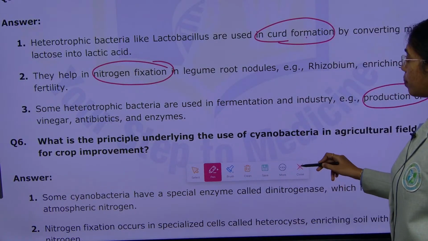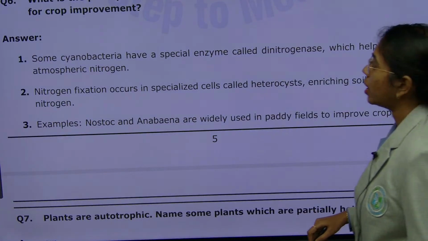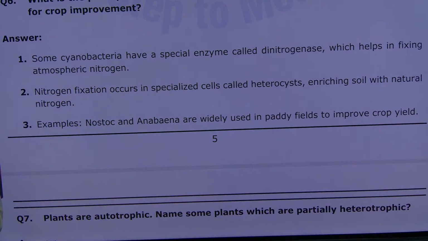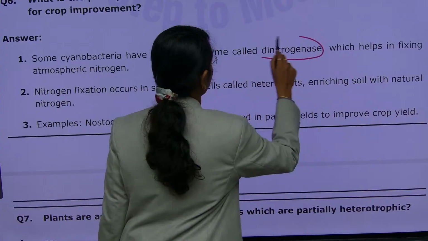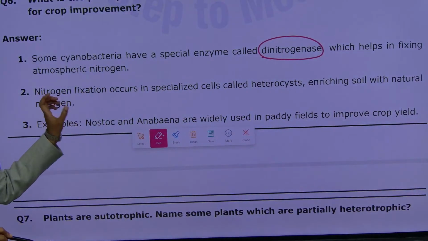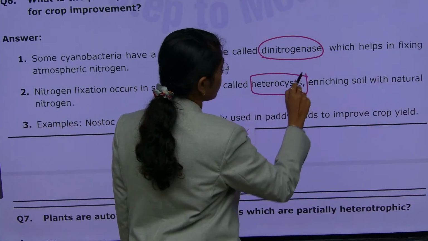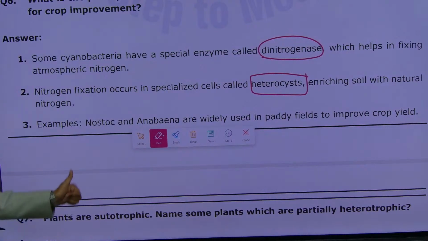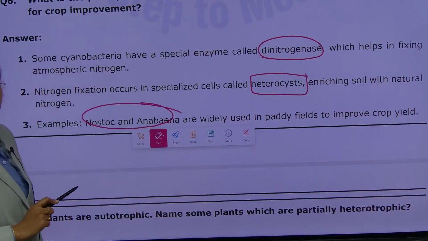What is the principle underlying the use of cyanobacteria in agriculture and crop improvement? Some cyanobacteria have a special enzyme. Here you have to highlight the enzymes. They have dinitrogenase, which helps in fixing atmospheric nitrogen. Nitrogen fixation occurs in specialized cells. Those cells are known as heterocysts, which enrich the soil. Examples include Nostoc and Anabaena. They are widely used in paddy fields. Clear till here? And then